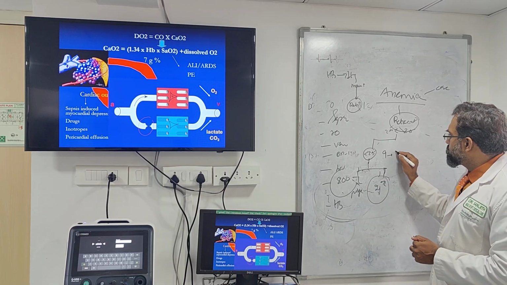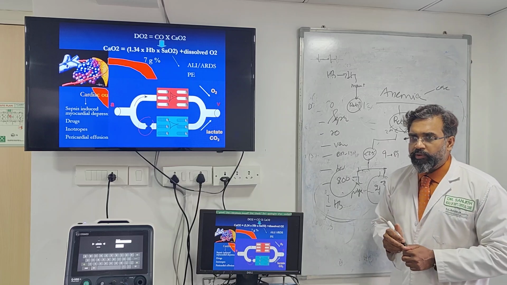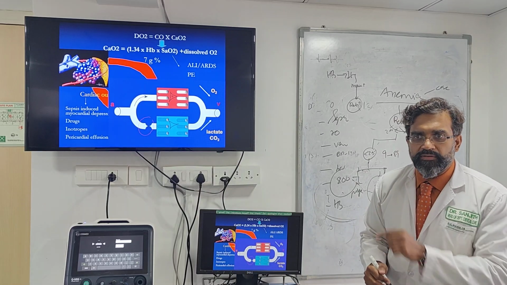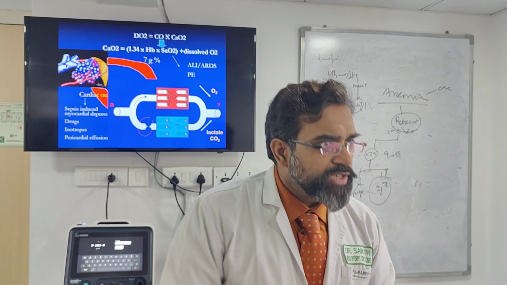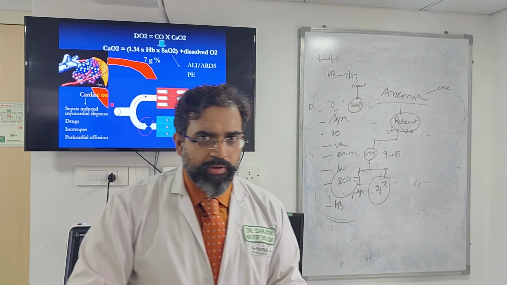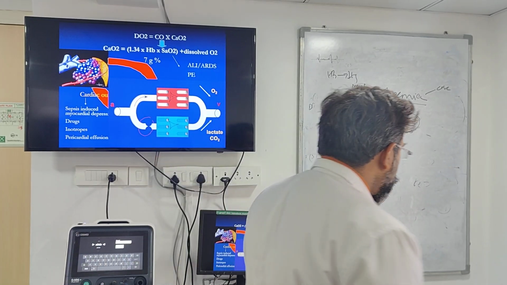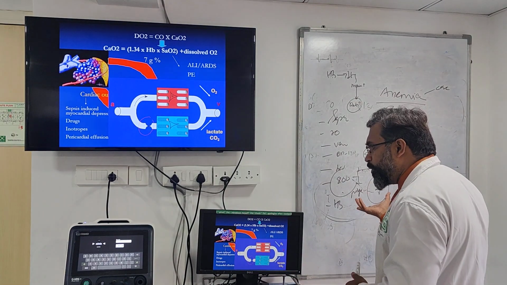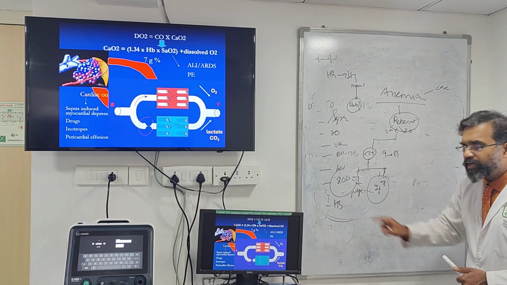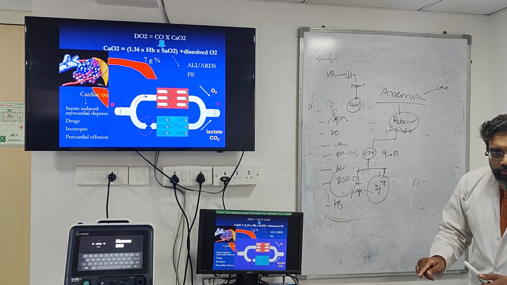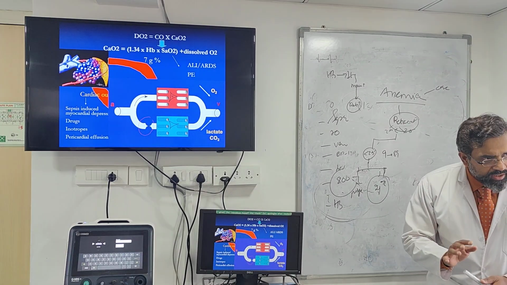So 1% of 9 is 0.09, so it will be 8.9. It will not drop from 9 to 8. It will drop from 9 to 8.9, even if I shut the marrow. Right? So in short, what I am trying to explain to you is that a hypoproliferative marrow or an infiltrative marrow will not drop your hemoglobin from 8 to 7. Will not do that. Are you understanding? It will not do that.